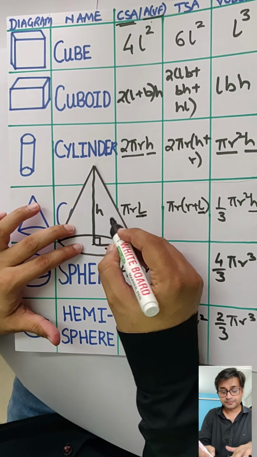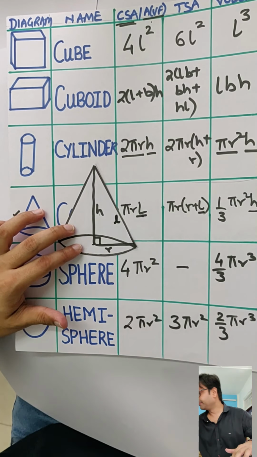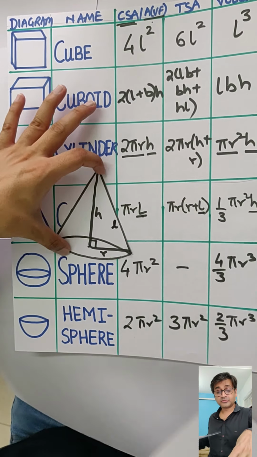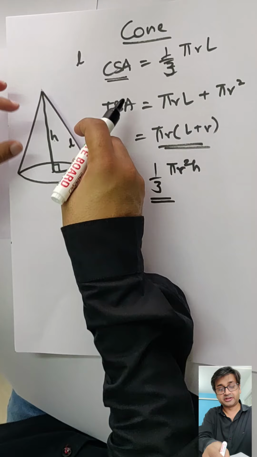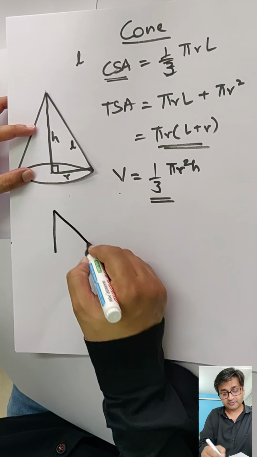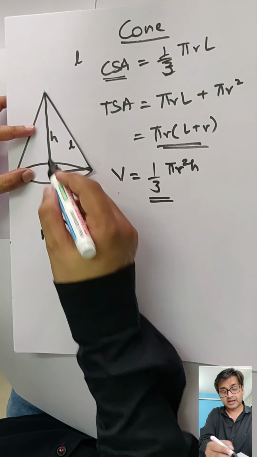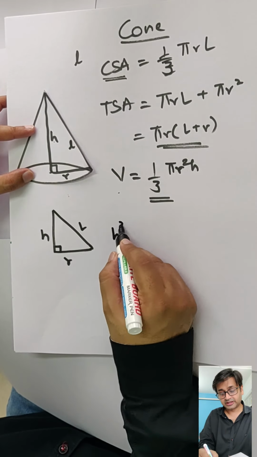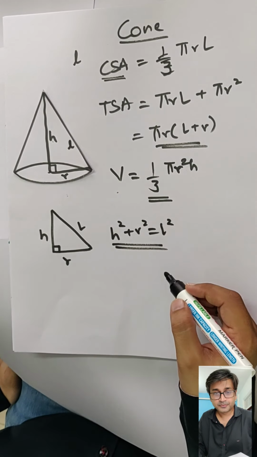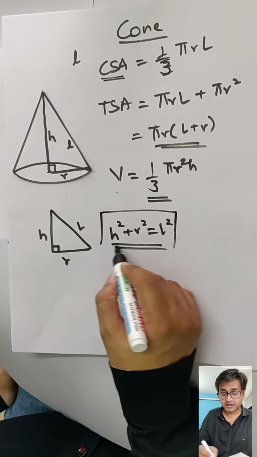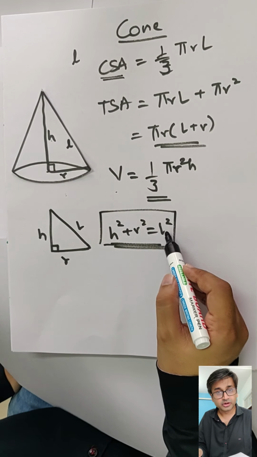When you look at this cone, h, r and l, this triangle is depicted. What does the triangle tell you? Right angle triangle? Superb. Who said Pythagoras theorem? Absolutely correct. So you have Pythagoras theorem being applied over here, right angle with h, r and l. I pulled this triangle out. So therefore h square plus r square is equal to l square is the formula. Got it? So that's the major formula which is going to help you to calculate your h as well as your l. Will you remember that?